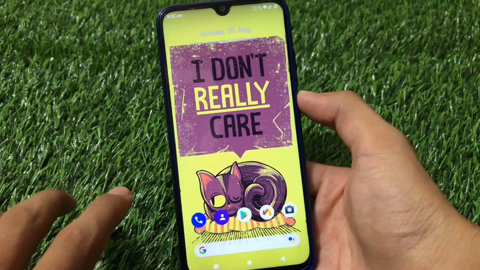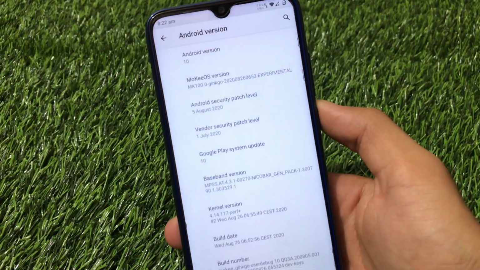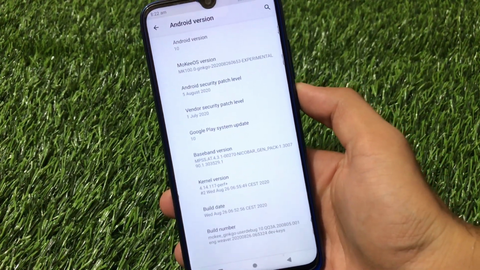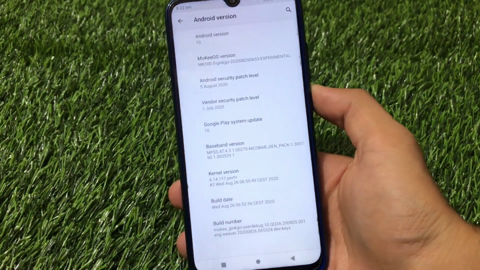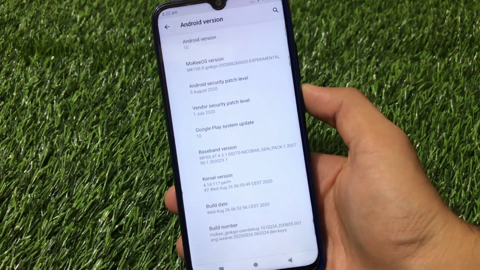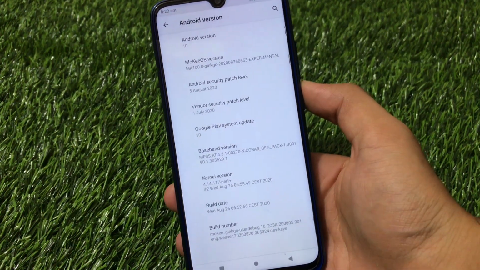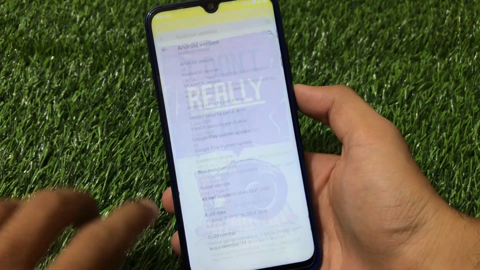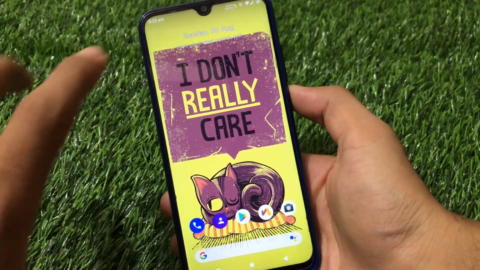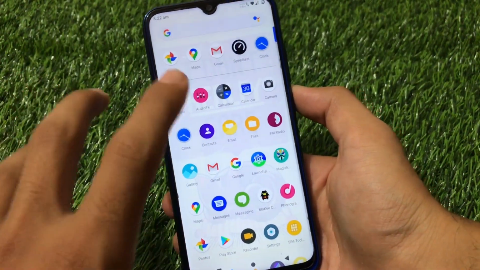Now let's get started. Guys, first of all, let me tell you that I'm using the latest Moki version 10.0.100.0, which is for Redmi Note 8 Ginkgo, and it has a security patch of 5th of August 2020, the latest security patch, including the vendor security patch of 1st of July 2020. Everything else is the same. It's based on Android version 10, Android Q as expected, and these kind of things you get here. I have not applied any icon pack whatsoever.